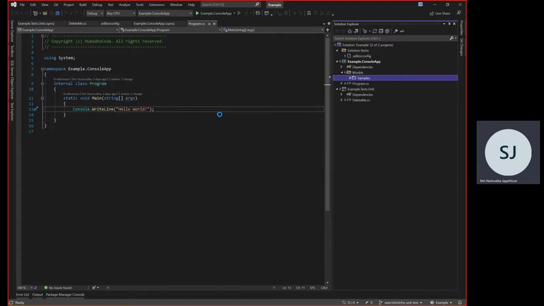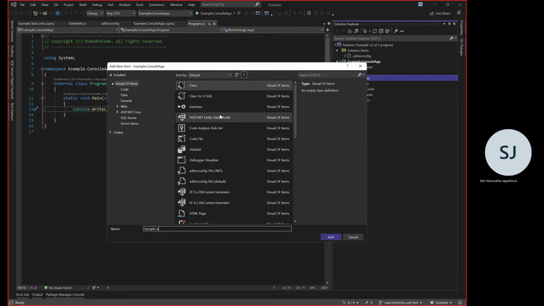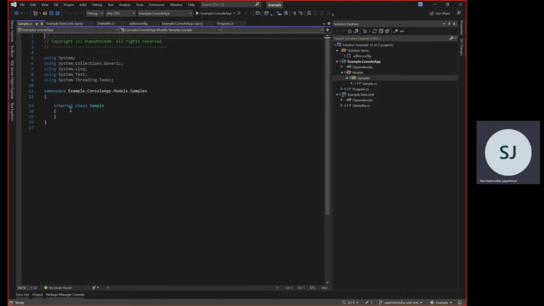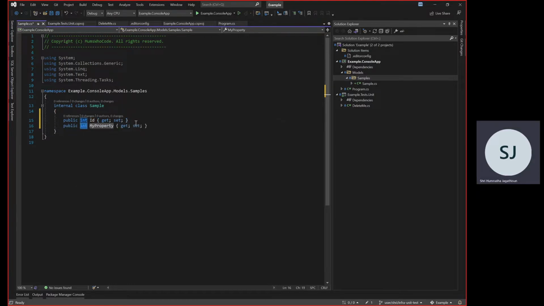Go with the class. So I'm going to name it Sample. As I said, it's all going to be very much basic to understand what we are trying to do. So here, there's a shortcut where you can create it: prop and double tap. It's going to create the options. So for me, it's going to be integer, and I'm going to take ID, which I'm going to treat as a unique identifier for this particular model. And then the next one, I'm going to go with string